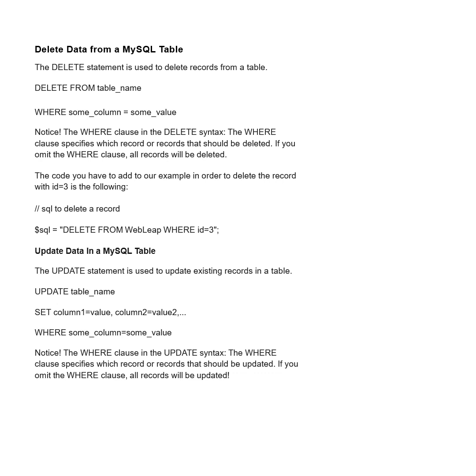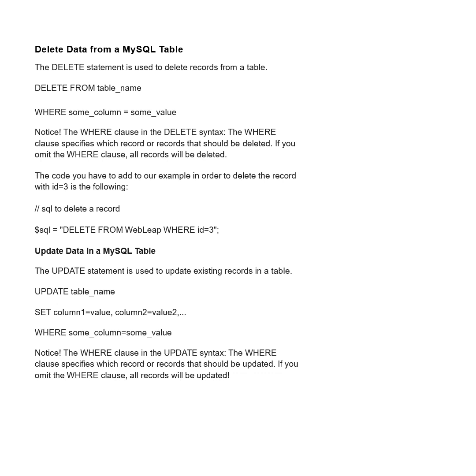Notice the where clause in the delete syntax. The where clause specifies which record or records should be deleted. If you omit the where clause, all records will be deleted. The code you have to add to our example in order to delete the record with ID equal 3 is the following.